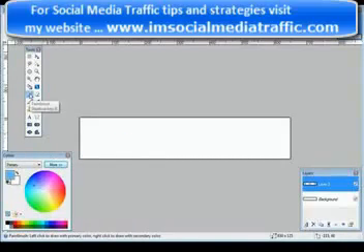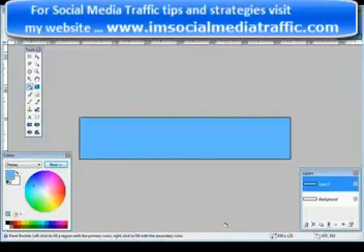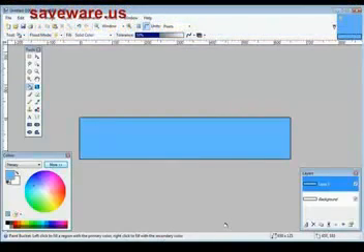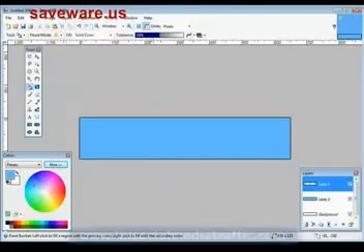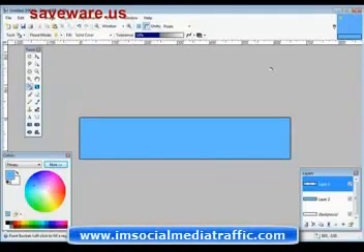So I push the paint fill or the bucket fill, which is this one, and you can just hold your mouse over any of these tools, and if we just click in there, you'll see that we now have a colored background. Okay, so for our next step, what we do is we create another layer. So we'll add a new layer, and here